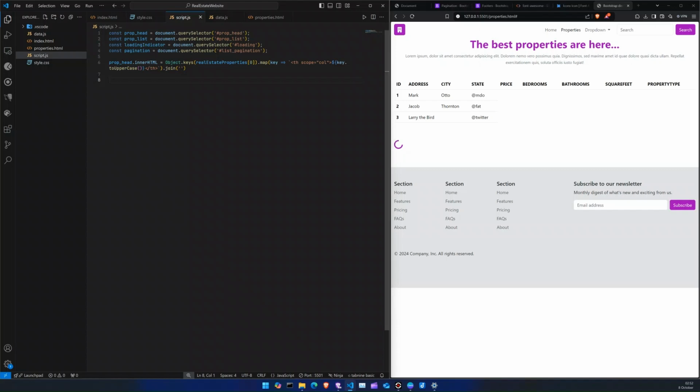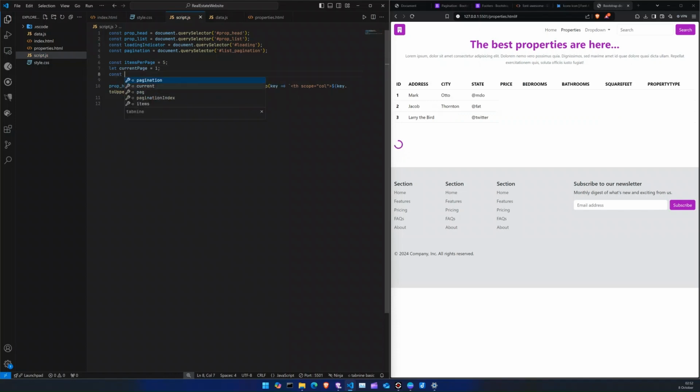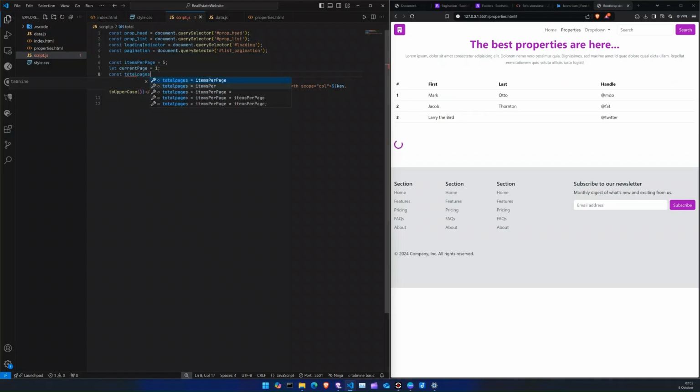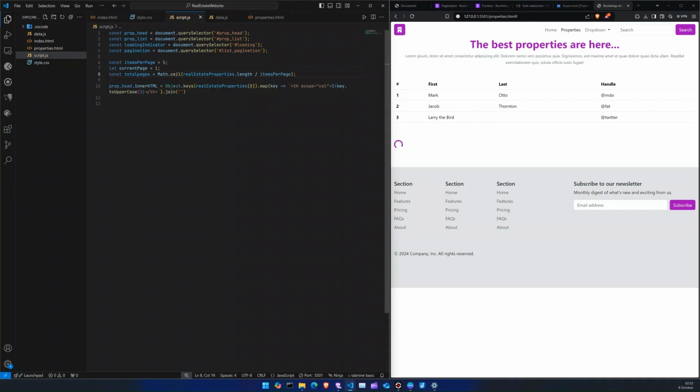I will be creating some variables for pagination. Const itemsPerPage equals to, let's say, 5, and let currentPage equals to, let's say, 1, and const totalPages, this is important, Math dot ceil, and items per page like this, guys. Okay,